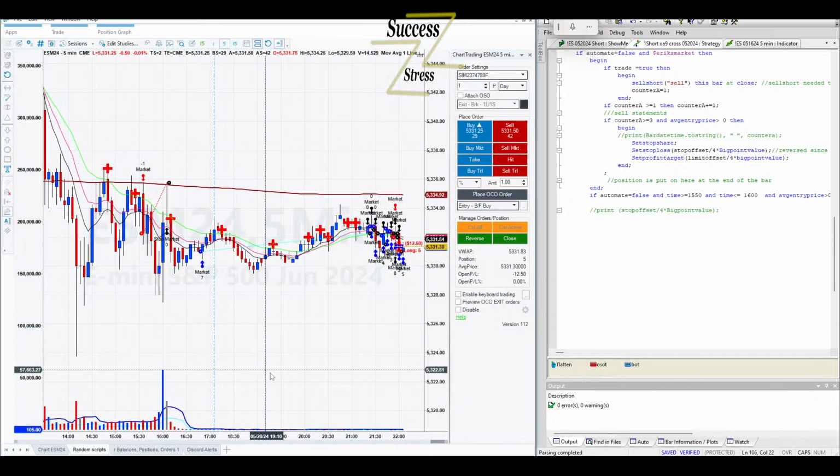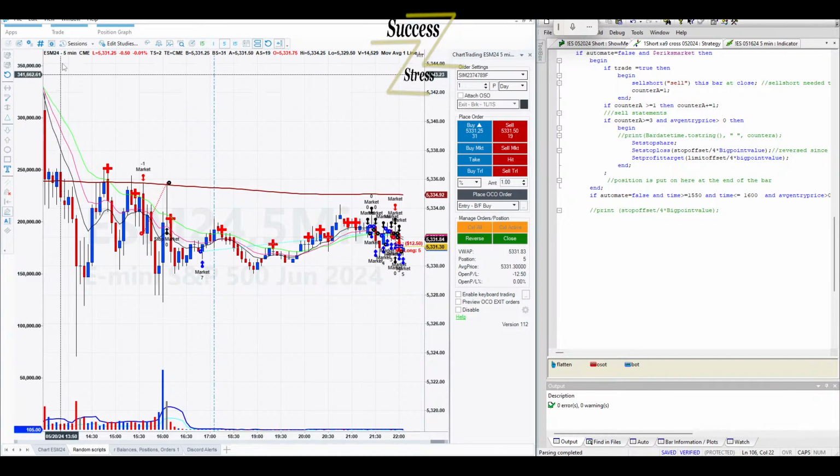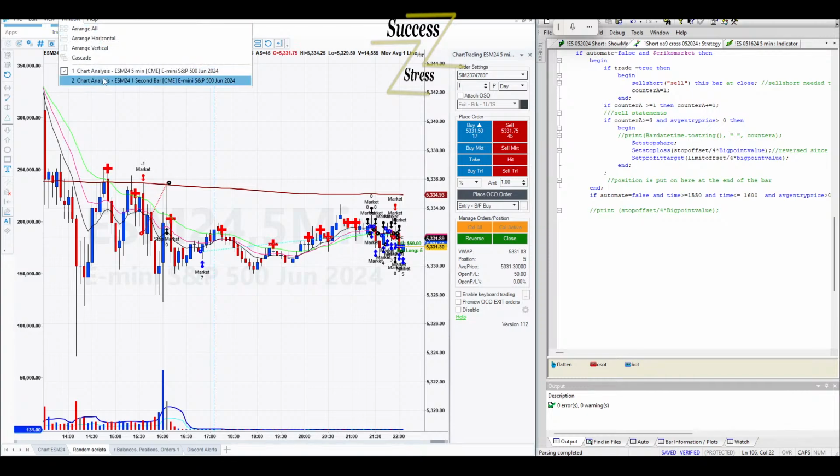All right, there's another way to find out if you have multiple charts on, right? So I hit random scripts, and you don't see any alerts up here. You don't see SA for strategy automation up here. You don't see that anywhere, but you're like, oh man, I must have something up. So when you pull up the workspace, you go up here to window, and it says, oh no, you don't just have one chart analysis screen, you have two.